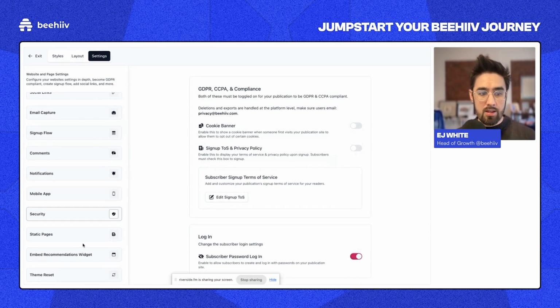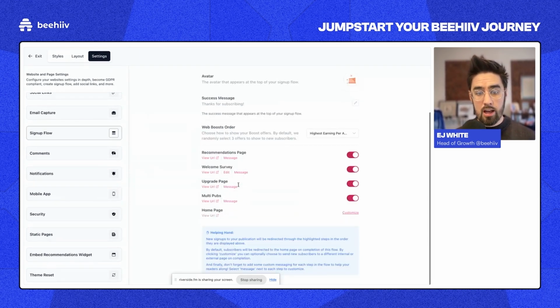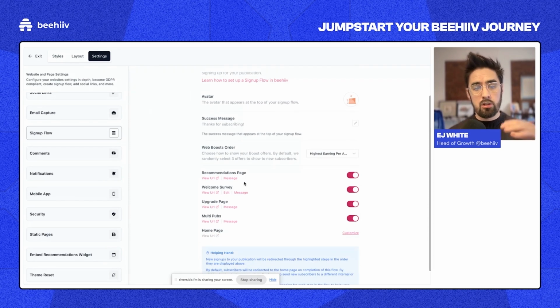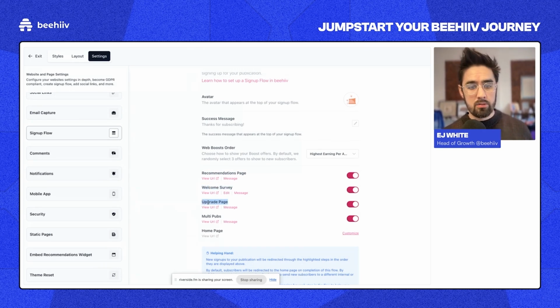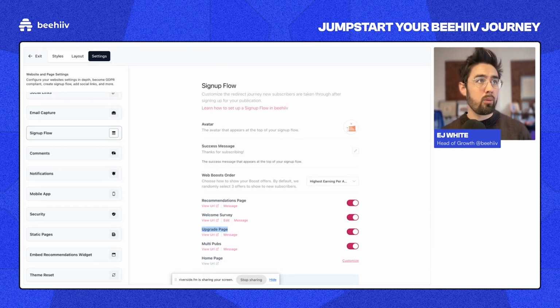The only other thing that I think is pretty important to cover is the sign up flow section. So once you've set up all of these different things, you've set up recommendations, you've set up your survey, and you've set it to be a welcome survey. You've set up your paid program. We have what's called the sign up flow, which means if somebody goes to your site,